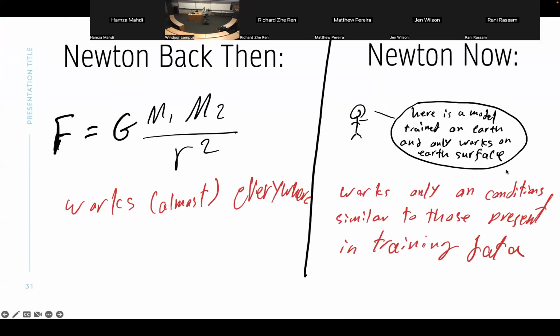So if we have to think about it in terms of physics, back then Newton had to actually come up with a mathematical model for gravity. That's the equivalent of creating rules to predict the force that you would have given an object's mass. But Newton nowadays would just drop objects nonstop without thinking about it and train an AI to come up with a neural network that predicts the force for you.